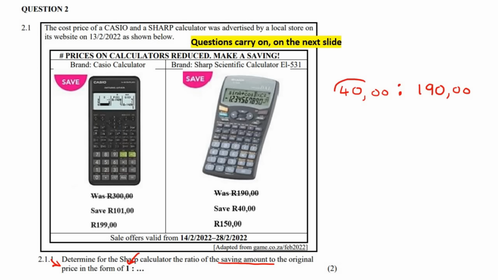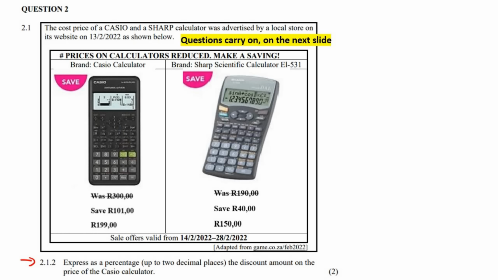So how can I turn this number into a 1? What could I do to this number? Well, I could divide it by 40, but mathematics tells us that if you divide on the one side, you must also divide on the other side. So if you say 40 divided by 40, you end up with a 1 on the left, and if you say 190 divided by 40, then you end up with